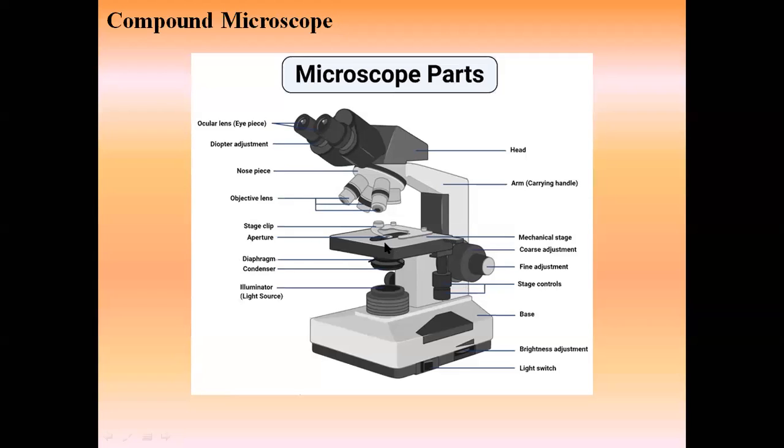So almost all the components are somewhat the same, and their function is also the same. It is your eyepiece lens, then you have your objective lens, and there is a nose piece. With the help of this nose piece, you can rotate and fix your desired